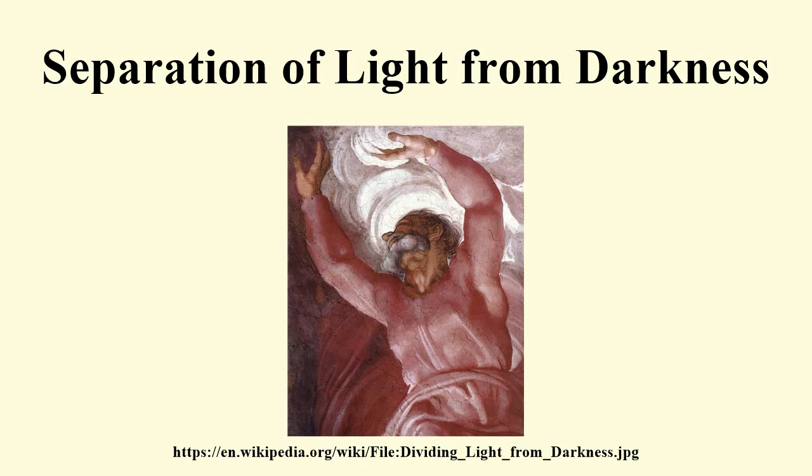It is one of 5 smaller scenes that alternate with 4 larger scenes that run along the center of the Sistine ceiling. The separation of light from darkness is based on verses 3 to 5 from the first chapter of the Book of Genesis. "3 And God said, 'Let there be light,' and there was light. 4 God saw that the light was good, and he separated the light from the darkness. 5 God called the light day, and the darkness he called night, and there was evening, and there was morning,